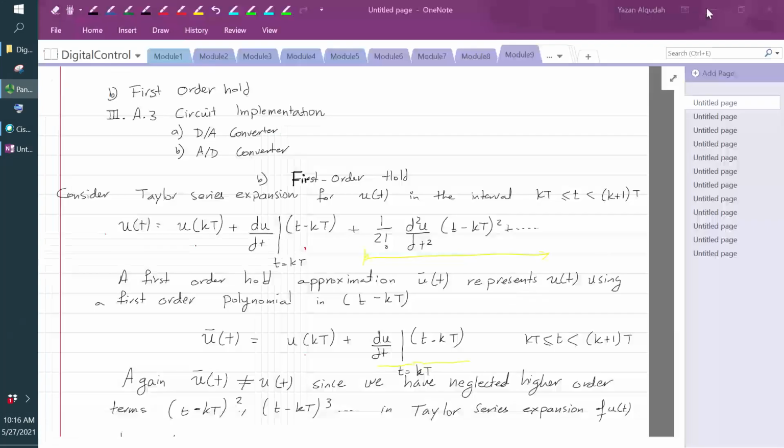Okay, hi everybody. So in this module, we're going to look at the first order hold. We're going to look also briefly at the circuit implementation of the digital to analog converter and analog to digital converter, and we're going to briefly talk about the sampling rate. So in the previous module, we looked at the zero order hold, and we said in the zero order hold,